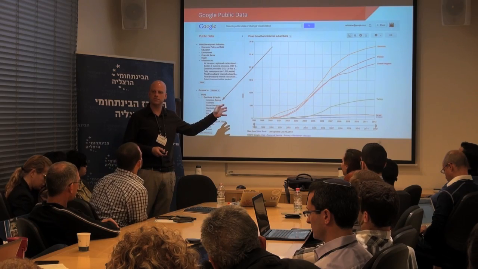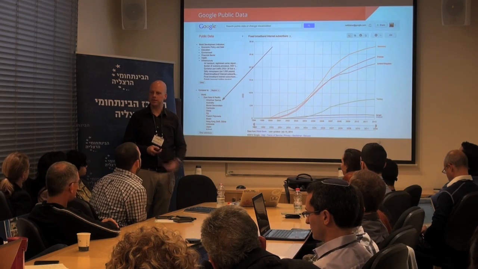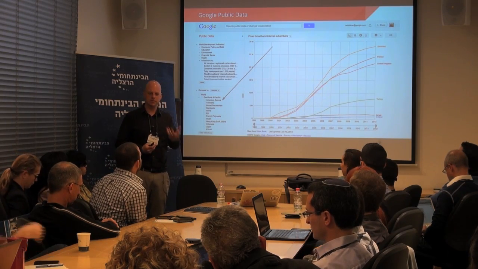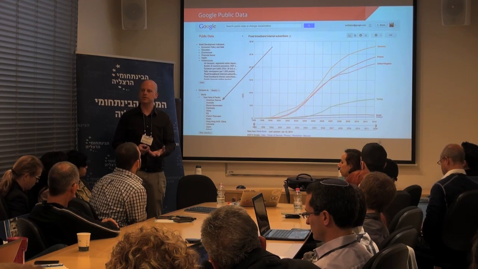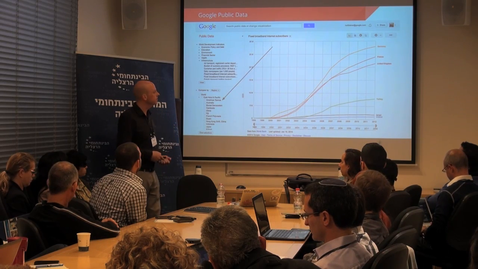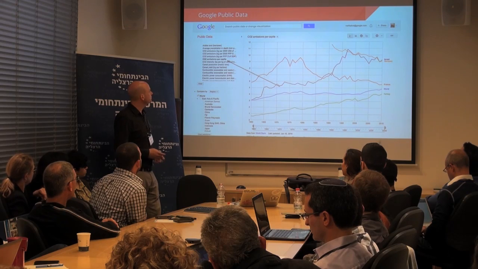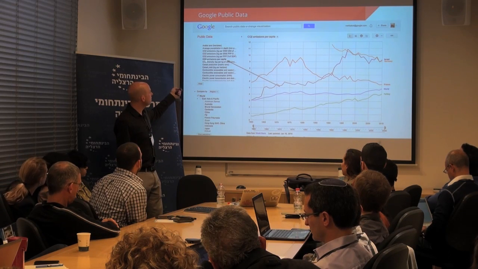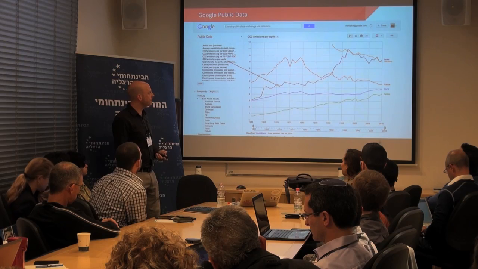You could share this via social media and use this as a way to get people interested in a topic. It provides a really visual way to look at a particular chunk of information. Here's another example. So in this case, I looked under environment and I looked under CO2 emissions per capita, which